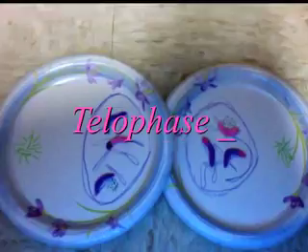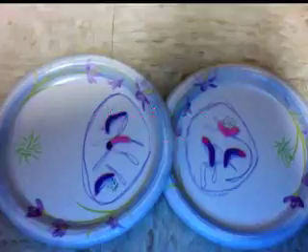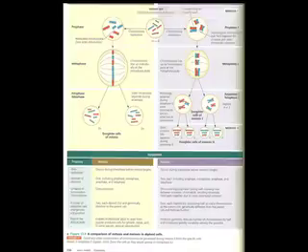Mitosis and meiosis are similar in that they are both procedures of cell division and both require DNA replication during interphase, before the first stages of the processes begin. However, they are different in that mitosis has only one set of cell divisions and meiosis has 2. In mitosis, two daughter cells are produced, each with a diploid number of chromosomes and identical to the parent cell. In meiosis, four daughter cells are produced, containing half as many chromosomes as the parent cell, or a haploid number of chromosomes. They are also genetically different from the parent cell.